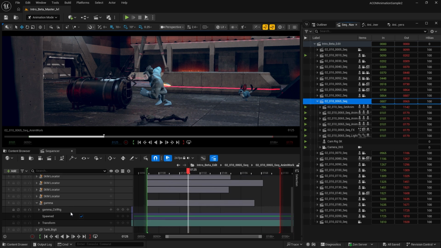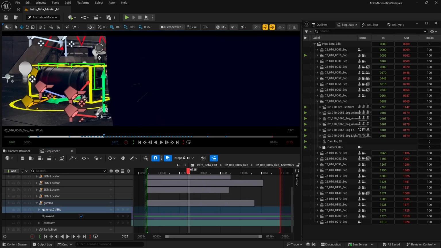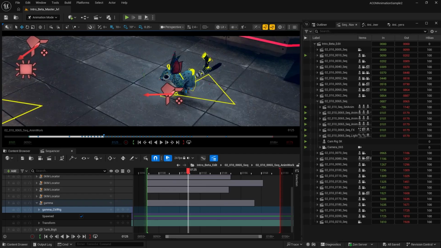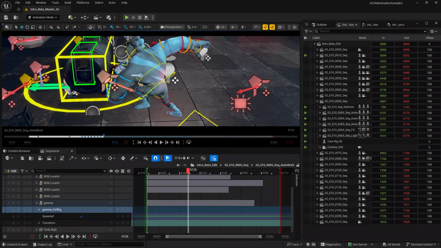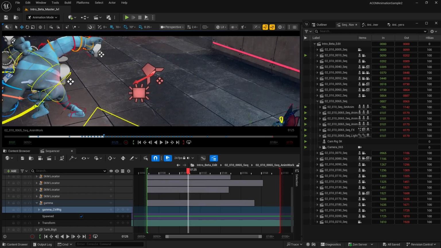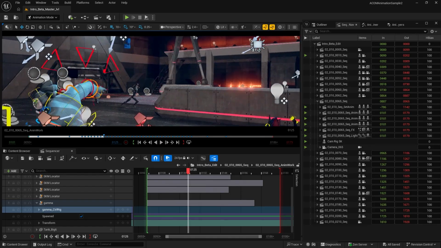So if you like to go and click on the control rig for this character and then press G, if you cannot see the gizmos in the scene, you can basically activate control rig view. So you see that this character already has a beautifully set up control rig, also our Beta character. Here in this scene, you would like to see the motion trails.